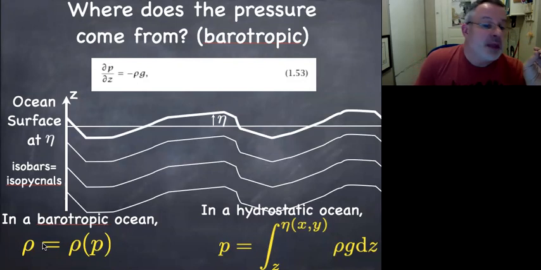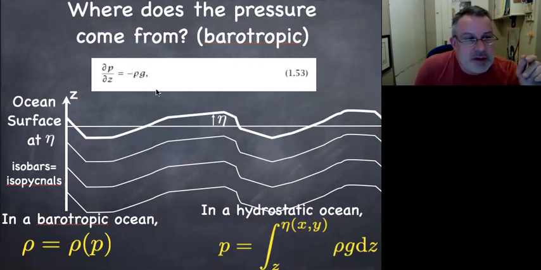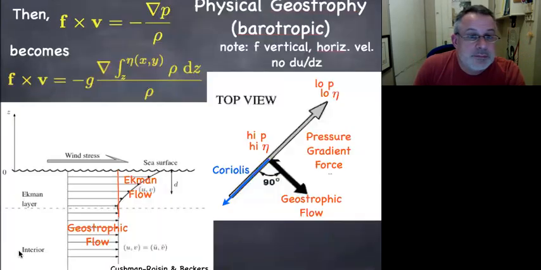In this case, we can't solve this equation outright in a closed form. We have to write that the pressure is an integral from that spatially varying sea surface height down to some z level of this now spatially varying rho g dz. But we can still go through the game of writing out the pressure gradient for us, thinking about this, and we actually can just substitute for the pressure in that system and find that this is the horizontal gradient of this object right here. That's a complicated thing. It varies in x and y because of the sea surface height. It also varies in x and y because of the density field. But